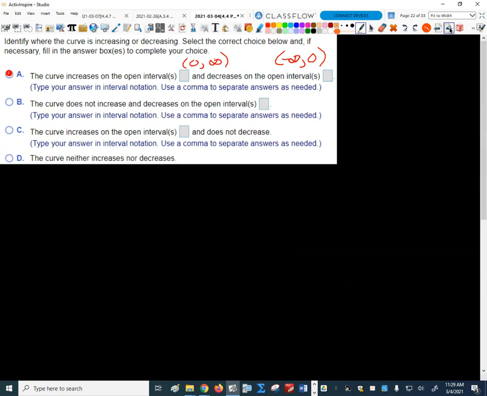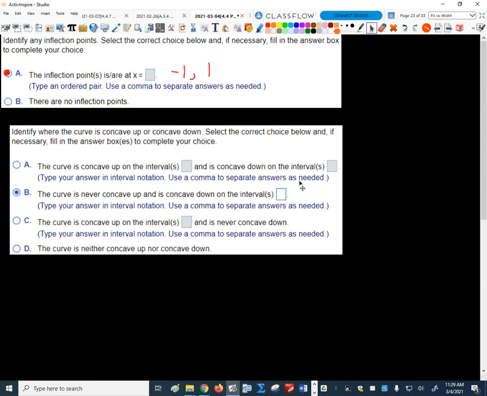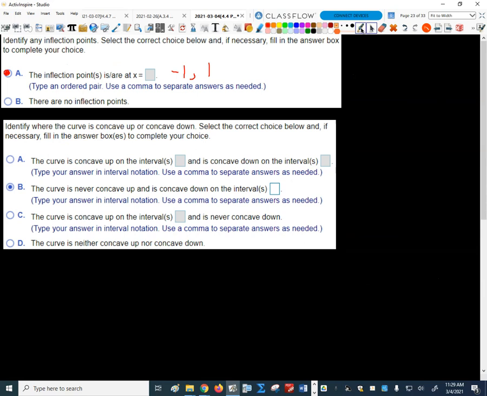So it's concave up on the intervals we said, -1 to 1, and those are open intervals, right? At the zeros, those are transitional points. So it's between -1 and 1, and it's concave down on the intervals